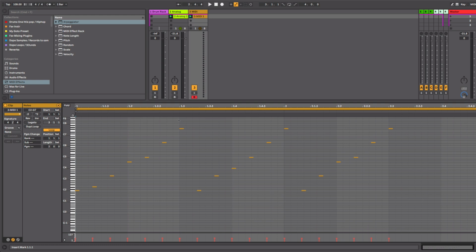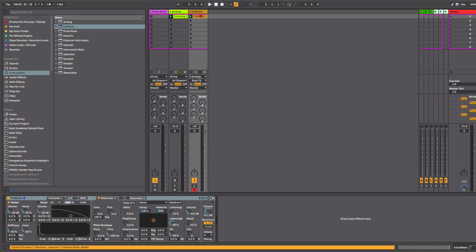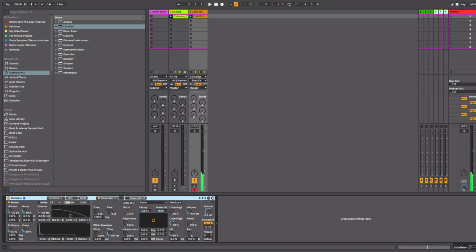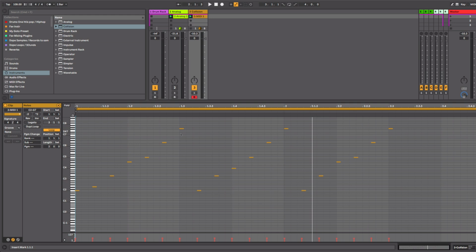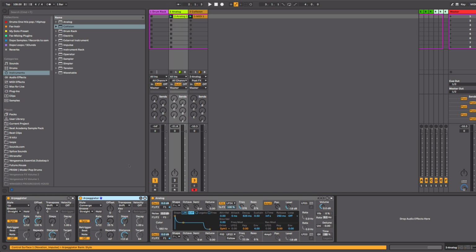So it actually inputted or recorded the arpeggiated pattern. So now I can put any instrument on here, let's say Collision or any plugin, and it will play. So this is cool to really capture some of the performances, and then going in here and doing some minor adjustments or tweaks and things like that. So that's how you can send some of the cool patterns that you might be creating with the arpeggiators onto